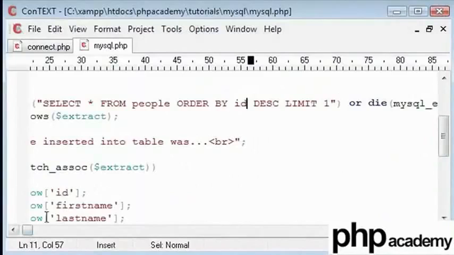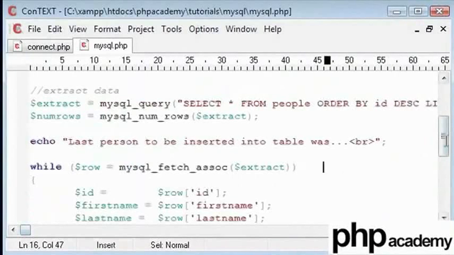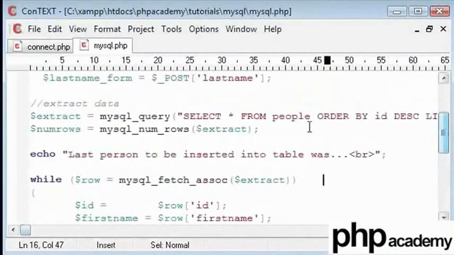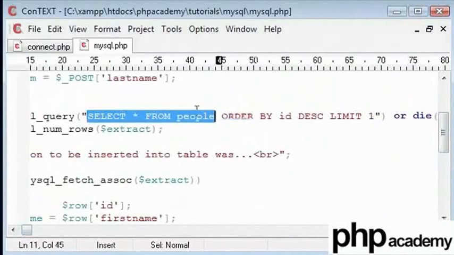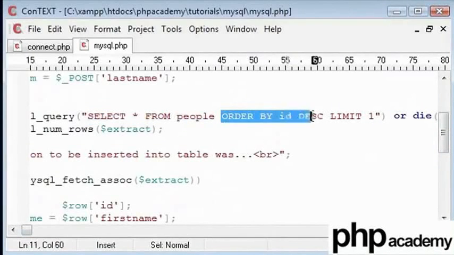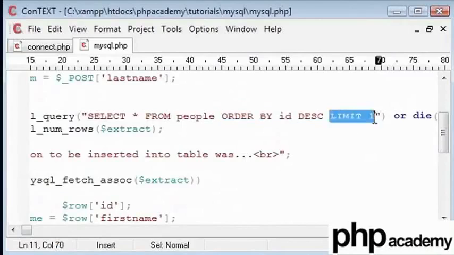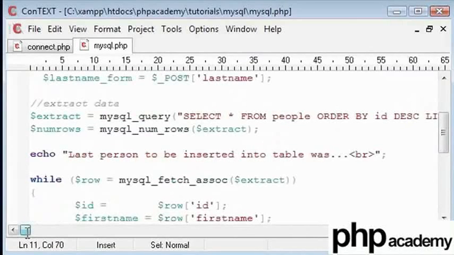This while will only return one data value. This is one command here: select asterisk from people, order by ID desc is another, and limit 1 is yet another. We don't use commas or anything. This is just how we write our code inside our query.